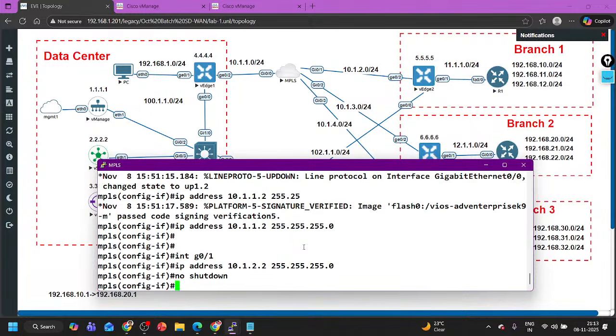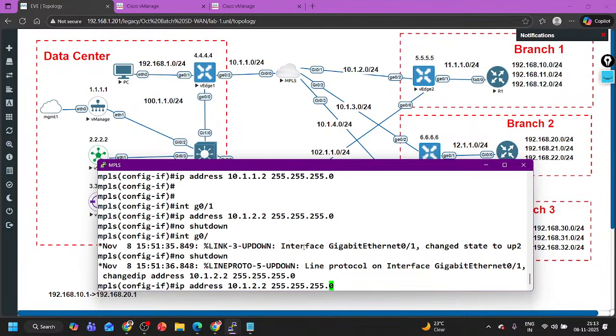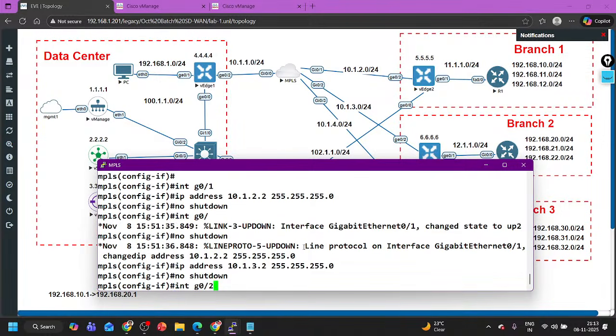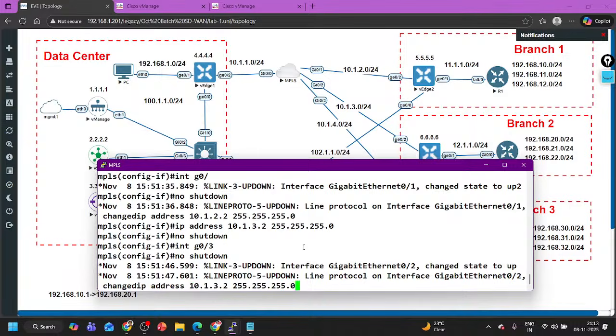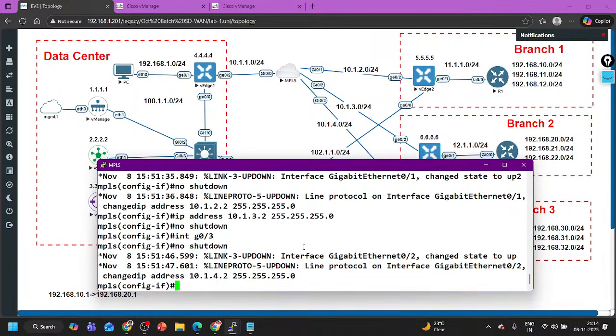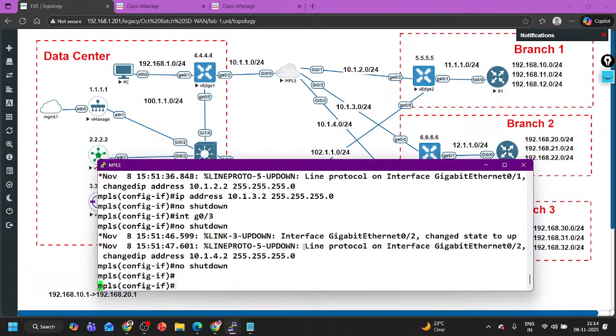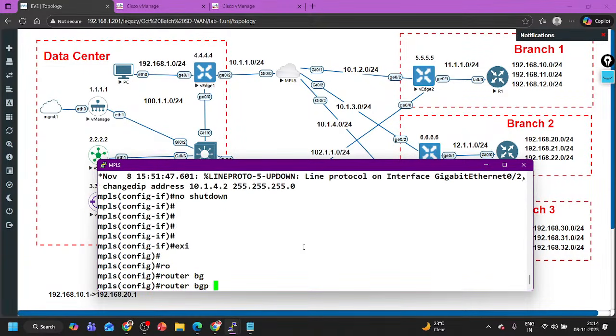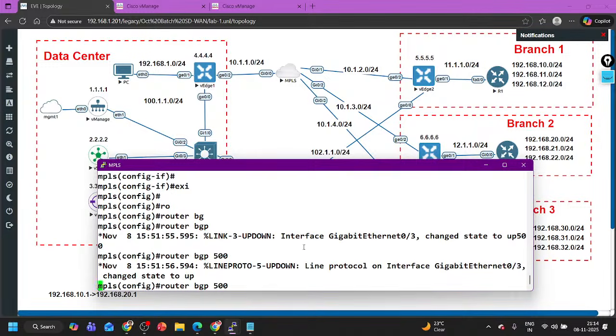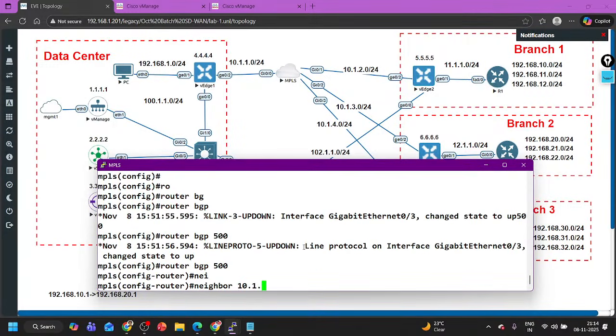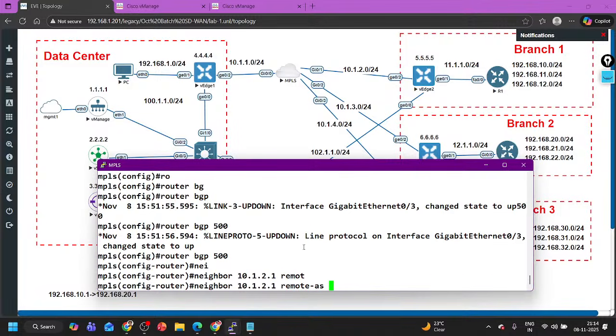and no shut. Interface G0/2, IP address 10.1.3.1, no shut. Interface G0/3, IP address 10.1.4.2, no shut. That's it. Router BGP AS number 500, neighbor 10.1.2.1 and remote AS. Oh my god, I missed one thing in the configuration. I did not define the BGP AS number